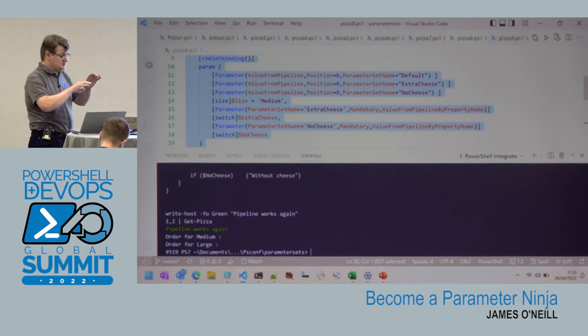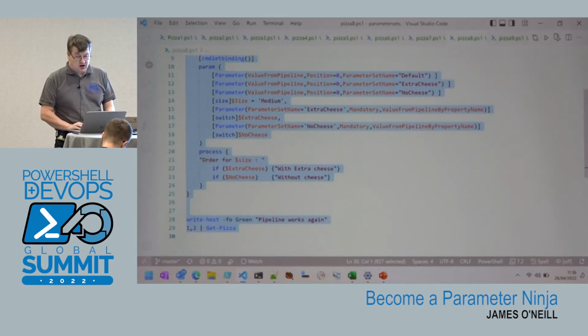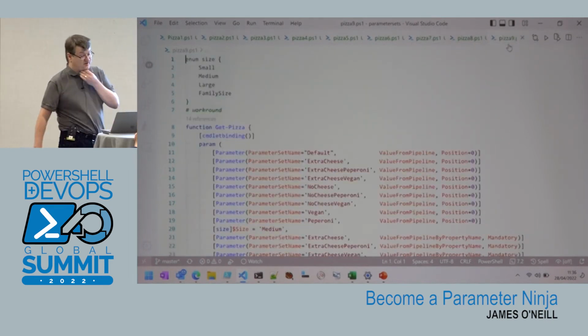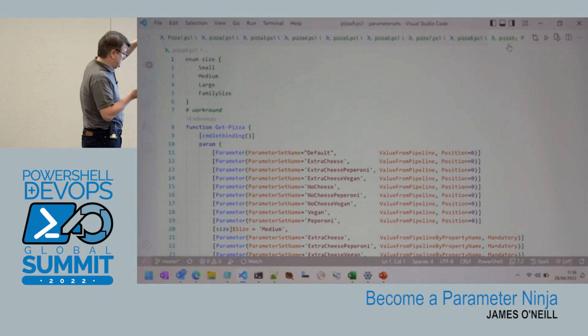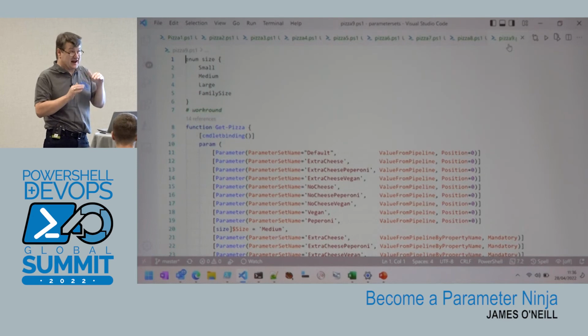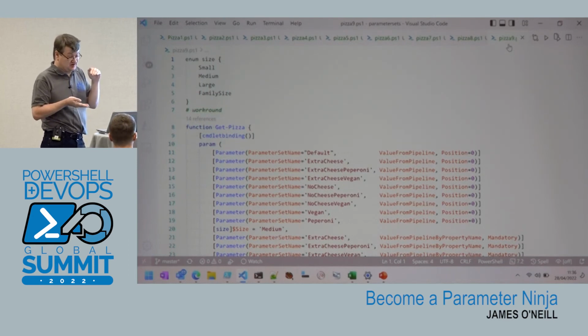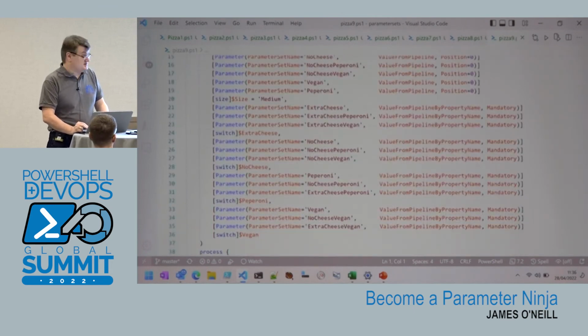So those are some of the little bits to go over. And I talked about proliferation. So for proliferation, let me just show you what happens if we say we're going to want to say people can specify a vegetarian pizza or they can add pepperoni. This is what happens to our parameter sets. And this is why sometimes you go, you know what, I'm never going to get this done entirely with parameter sets. I'm just going to have to write some code inside the function that says this is not a legal combination, because this is getting a little bit hard to manage.